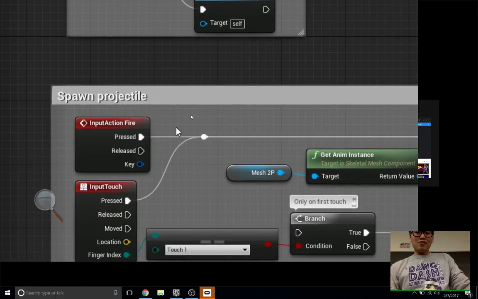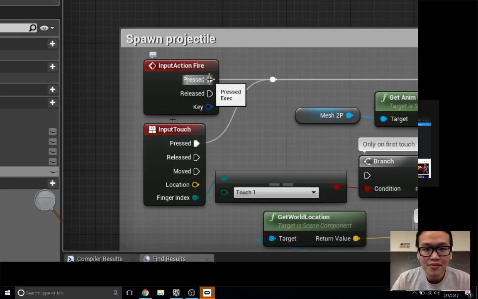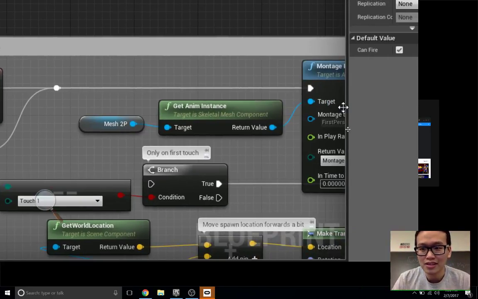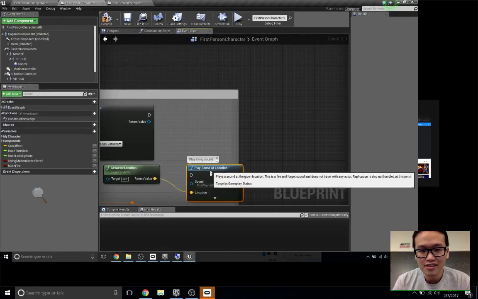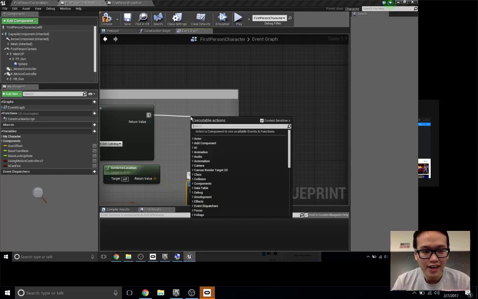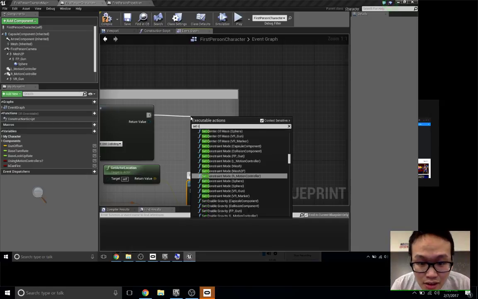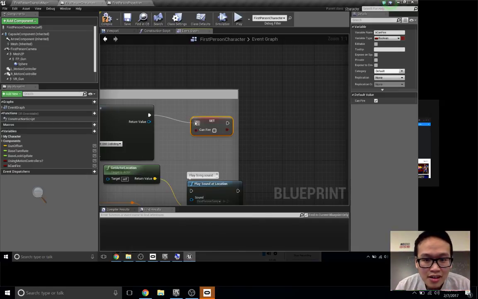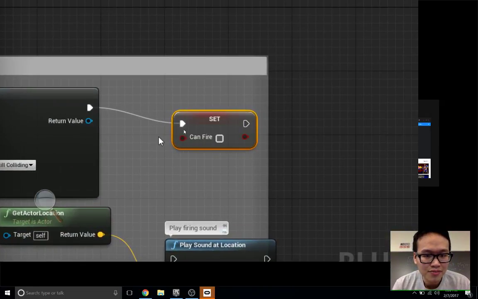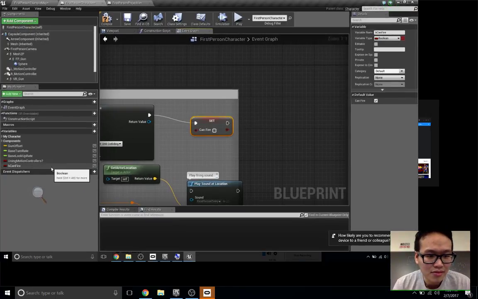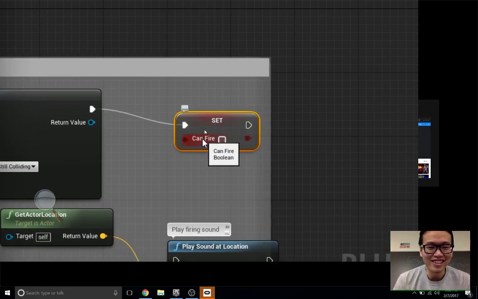So what we want to do is create a timer. Actually, before we get to the timer, after I finish firing in the end, you can drag it out and type in set bCanFire. You'll note that if Trung is following the Epic syntax for naming things, which is prepending with b for boolean, f for float, it'll automatically truncate that for you. It turned into Can Fire. That's nice.